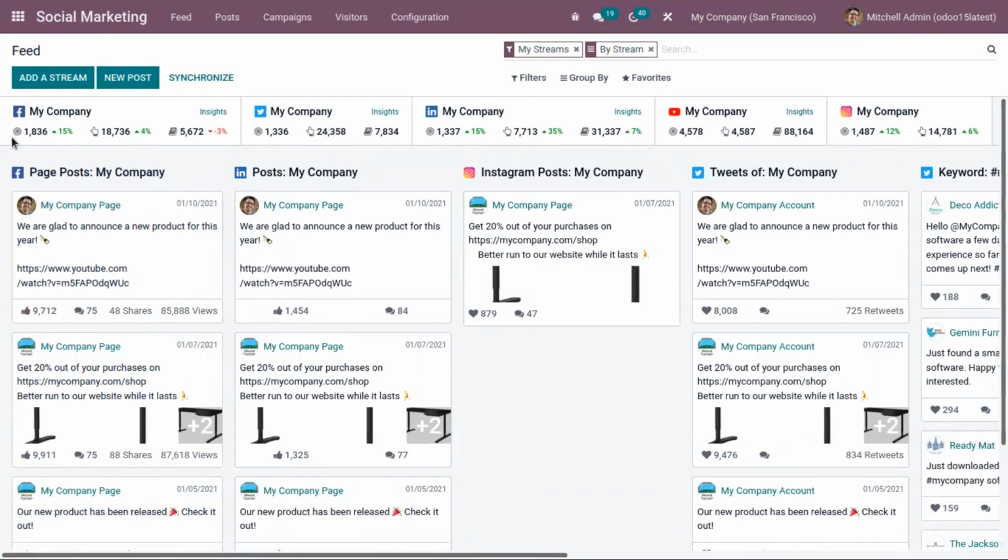Like here for Facebook, you can see the total number of followers of your channel, and here we can see the number of times people have engaged with your post. Then here we can find the number of times people who have engaged with your channel have created stories, shares or retweets, and the number of likes, shares, and other engagement activities on each post separately on the feed.